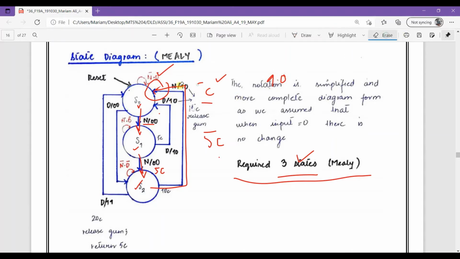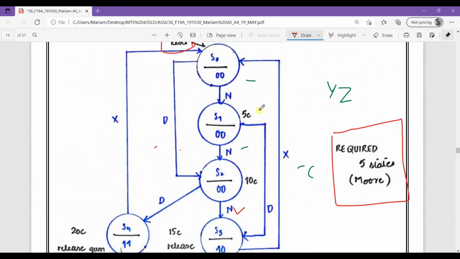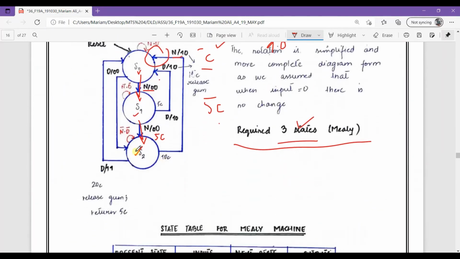Here, as you can see, I wrote 1 0. So this represents YZ as 1 0. It has similar functions to what we explained here, but just the states are different.